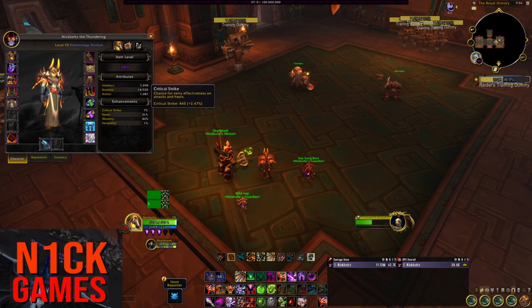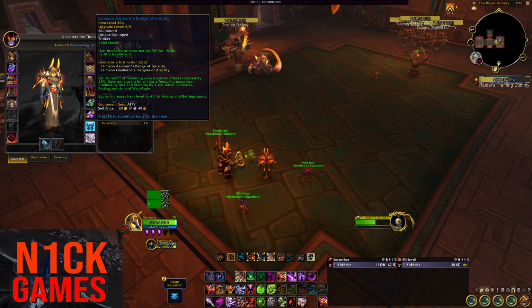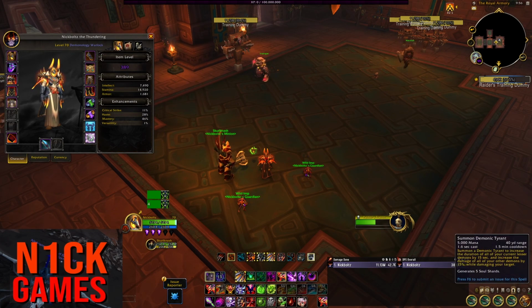Crit is not bad, but it's not something you'd want to stack, and versatility is not bad, but it's not something you want to stack either. So also I'm running the Crimson Aspirant's Badge of Ferocity. I don't think this trinket will be BIS overall, but early on in the tier you'll definitely want to get one of these. It's just a simple lineup for your Tyrant with the Grand